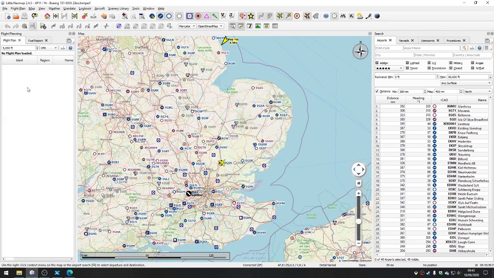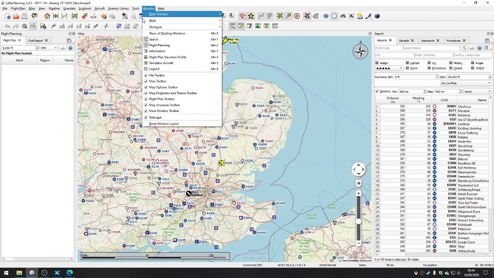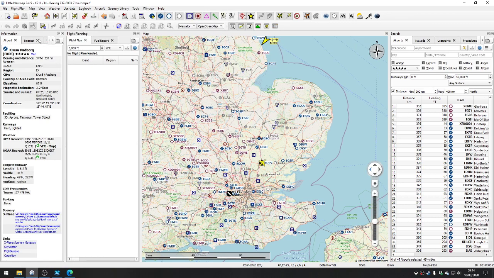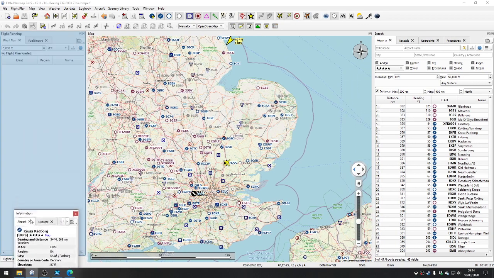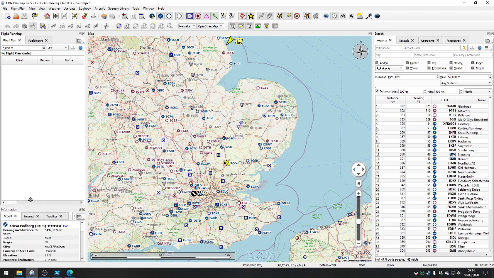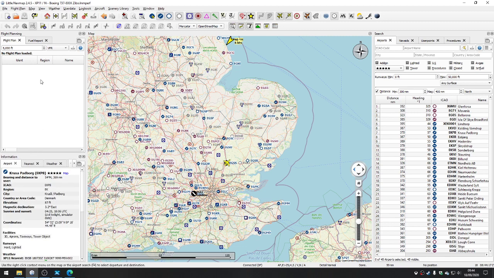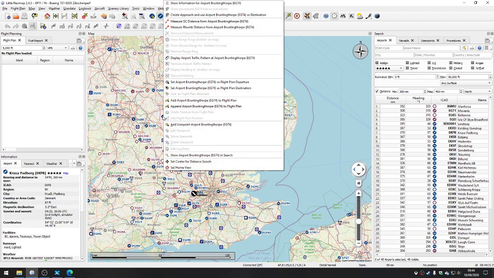I happen to think it's great over here because once you've got a number of waypoints, they will show up over here. We can also show an information panel. Again, this is shown in the wrong place. I prefer information to be below my flight planning waypoints. So I can, for example, right click on this airport here and show information, and